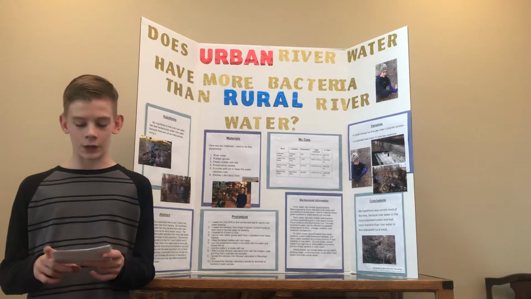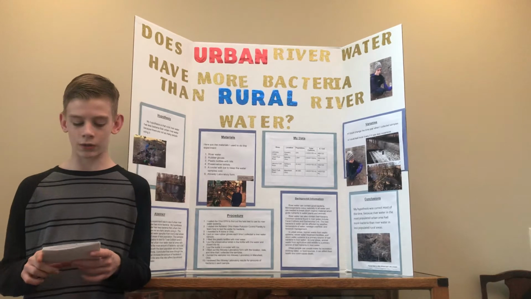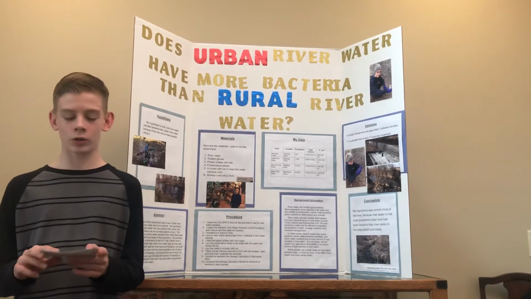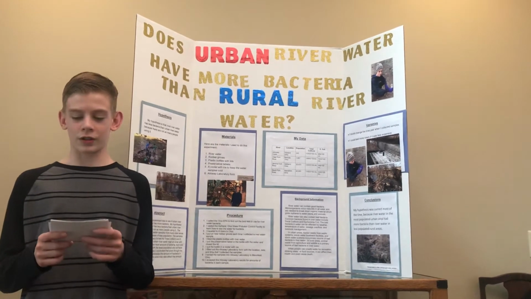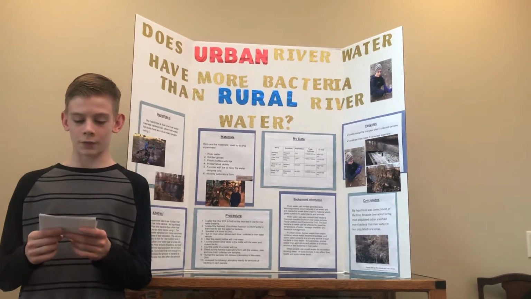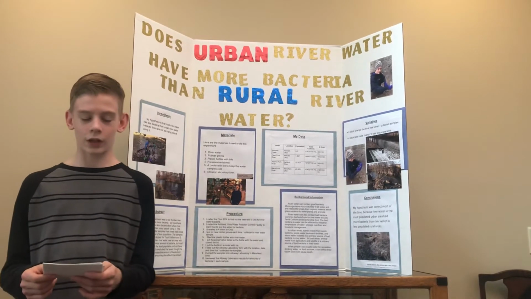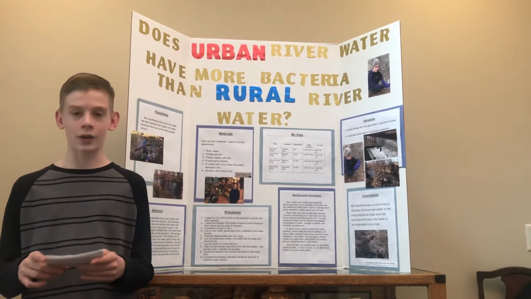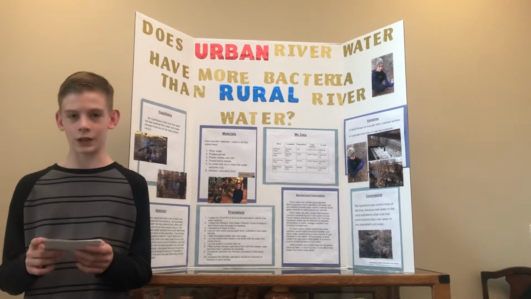In urban areas, human waste from septic systems, wastewater treatment facilities, and stormwater systems is a primary source of bad bacteria in river water. And in rural areas, animals' waste from agriculture and wildlife is a primary source of bad bacteria in river water. And when people use unsafe water for recreation, drinking water, or food sources, it can affect their health and even cause death.